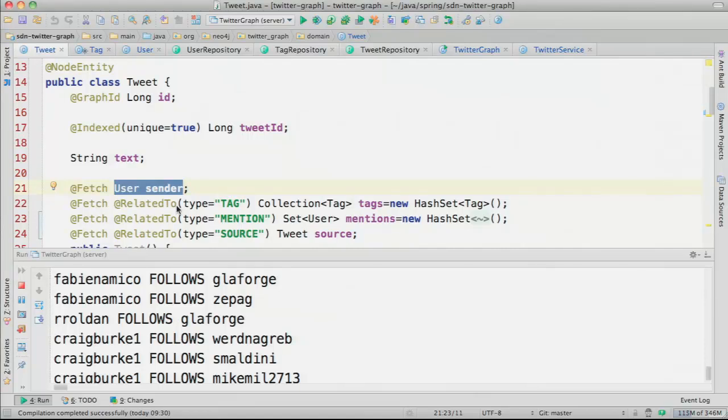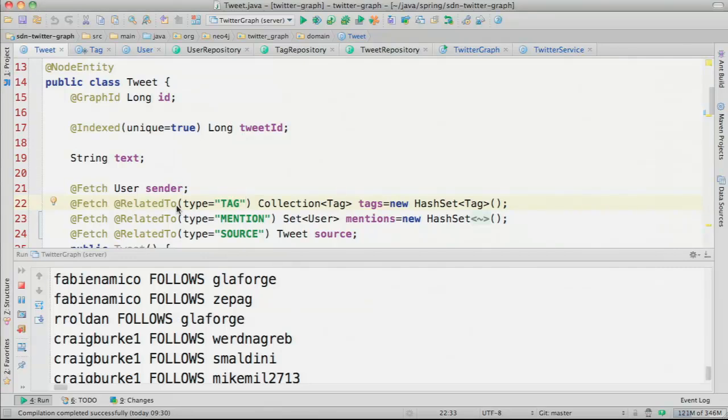If you want to specify or customize the relationship type and not just default to the name of the field, then you can do it with a @RelatedTo annotation, which is also